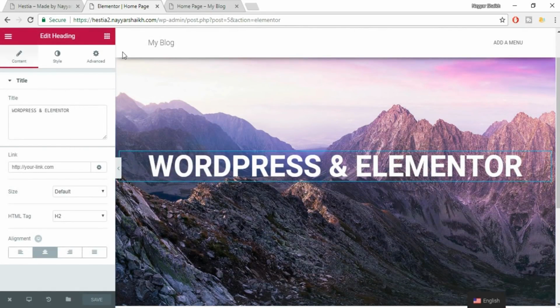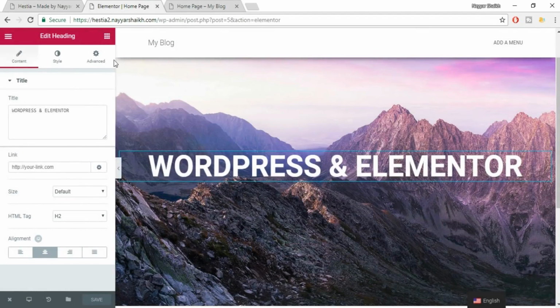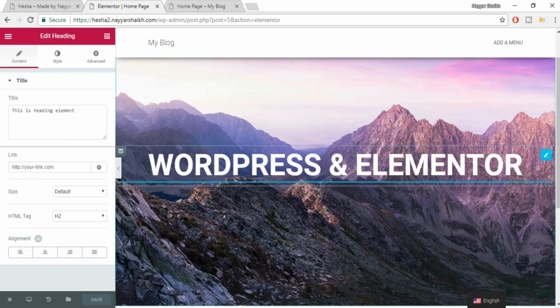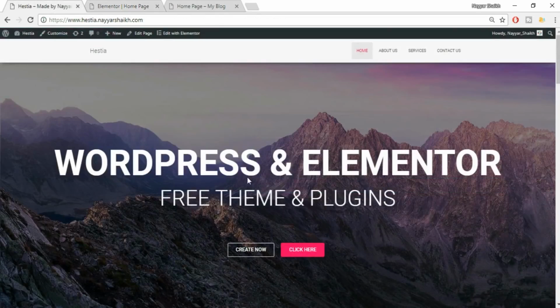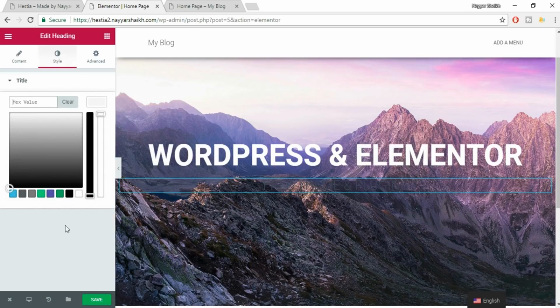Now again we have to add another text. As you can see, this text. So again what you do, you click on this icon over here at the top. Now again drag this heading thing over here. Now type in the other thing, free themes and plugins. Select this thing, make this center align, go to style, change the color to